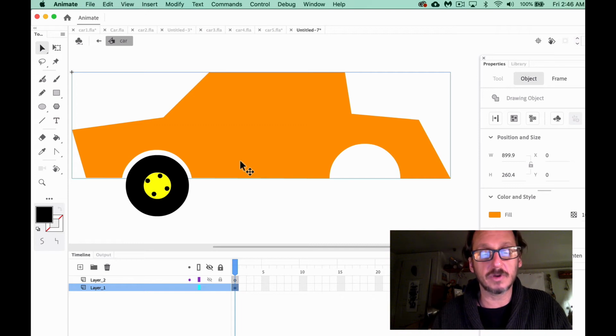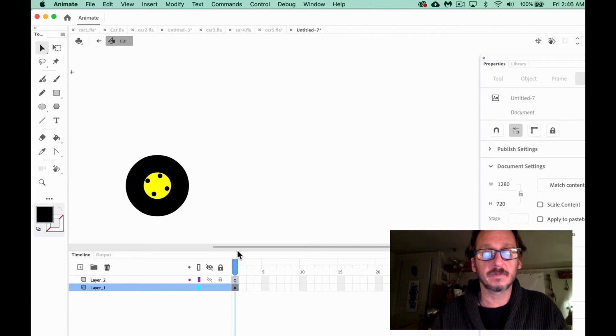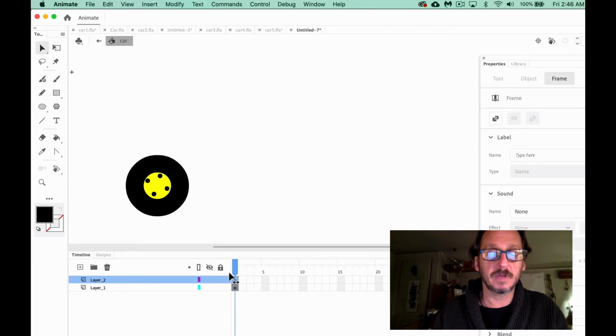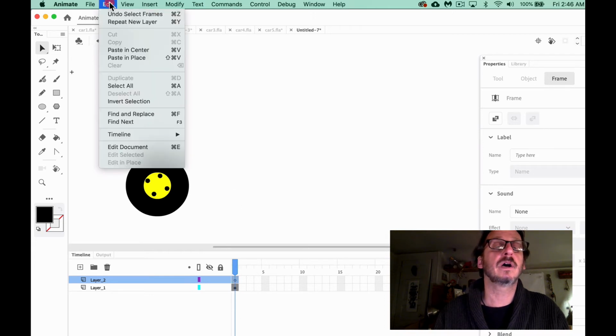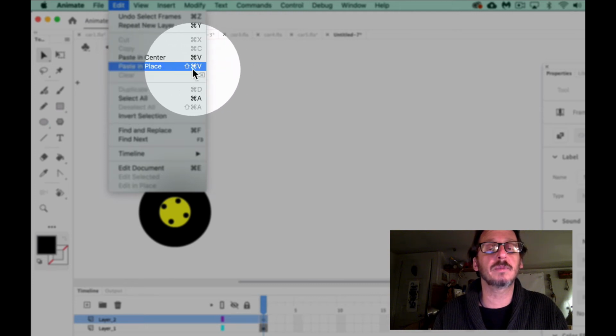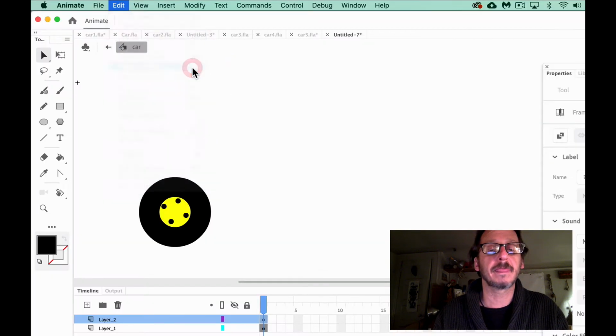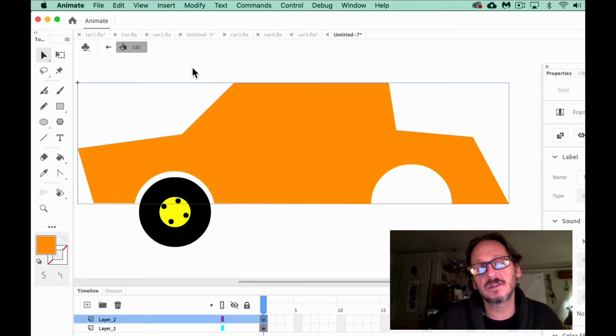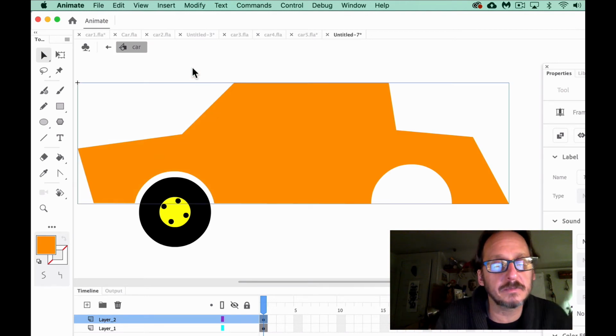Control X or Command X. Click on the upper keyframe, and instead of doing paste, I'm going to do paste in place. I do it so often that I like the shortcut Command Shift V. And that means paste it, but not in the center of the document. Paste it in the same position.